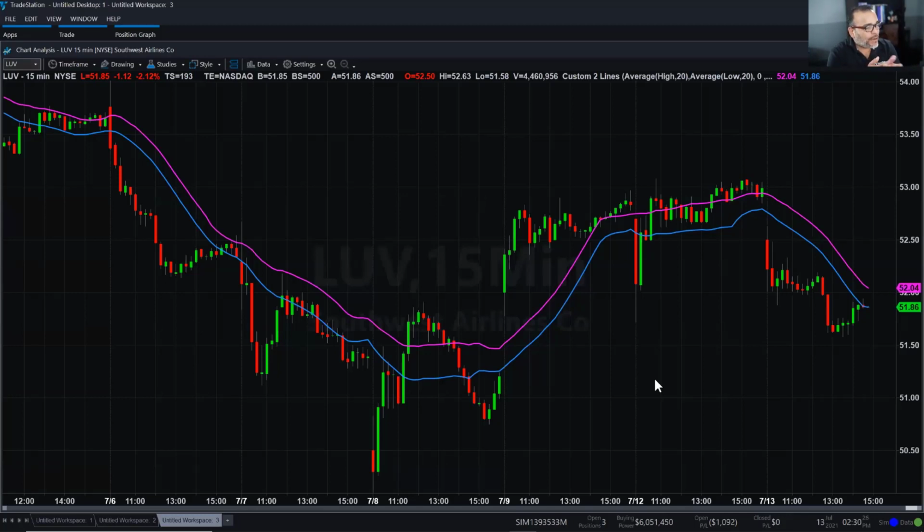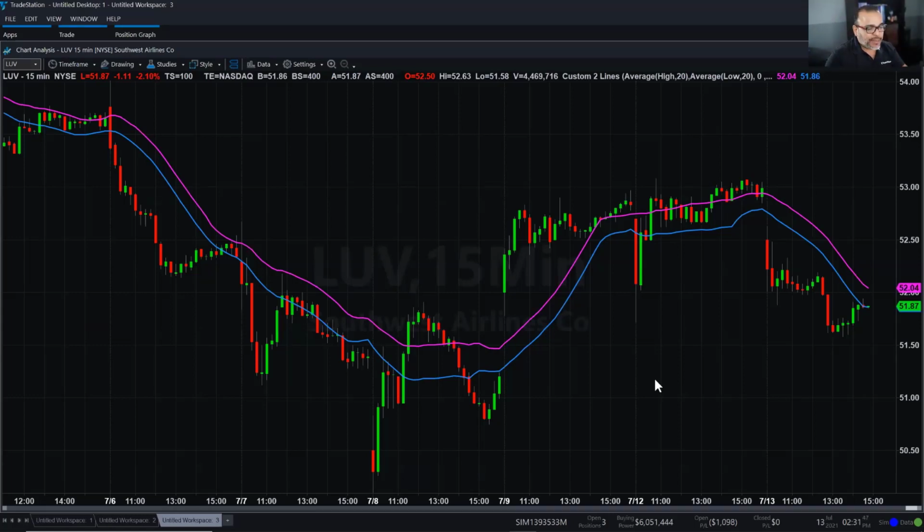Now you start thinking about, how do I use this? Do I wait for the candles to be completely above, or do I wait for the candles to be bouncing off the top line or the bottom line? Now it adds a different perspective to the way that you would use a simple moving average. This is just very interesting, right? And notice how easy it was to go in there and change the inputs to the mathematical formula that you